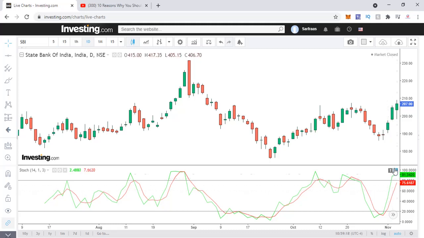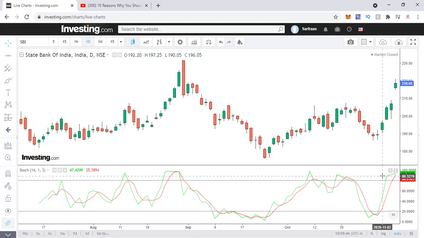So when the line is moving straight, this green line, you can expect the rally is continuing. When it takes a curve and is trying to intersect, you can anticipate a crossover. Likewise, when it's moving down, you can see it's straight, but when it is turning to intersect, you can anticipate there's probably going to be a crossover. So you see it has turned, so we might see a possible crossover and a price movement downwards.